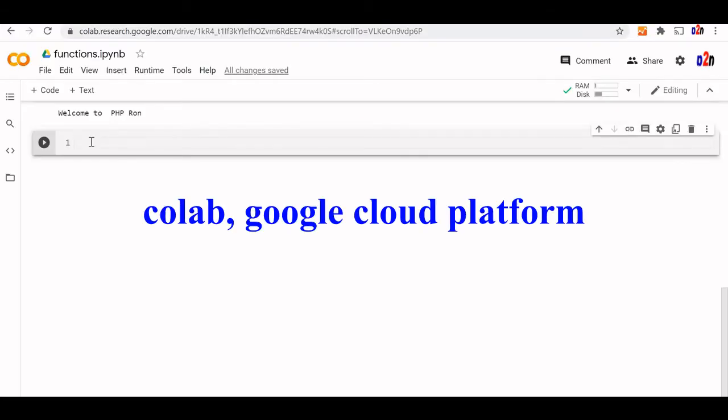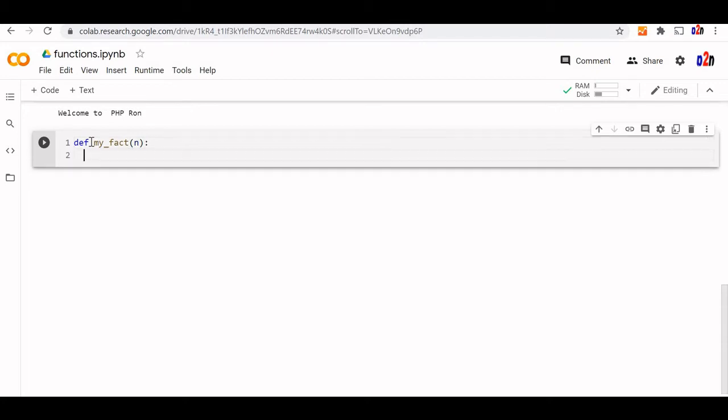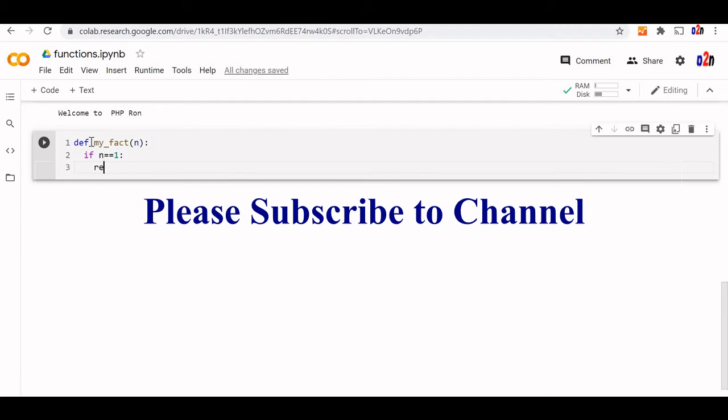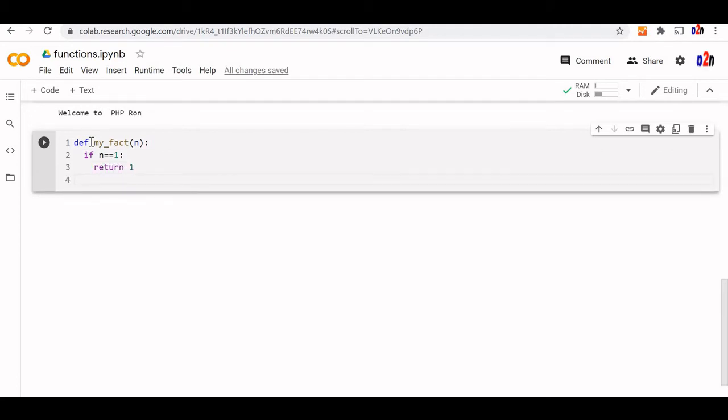Let's start our recursive function by declaring it. We'll find the factorial of 5 or any input number. I'll call this function fact. Let's take n as the input number. First we will write the stop value. So if n equal to 1, return 1, else. Now the recursiveness will be used in the else.